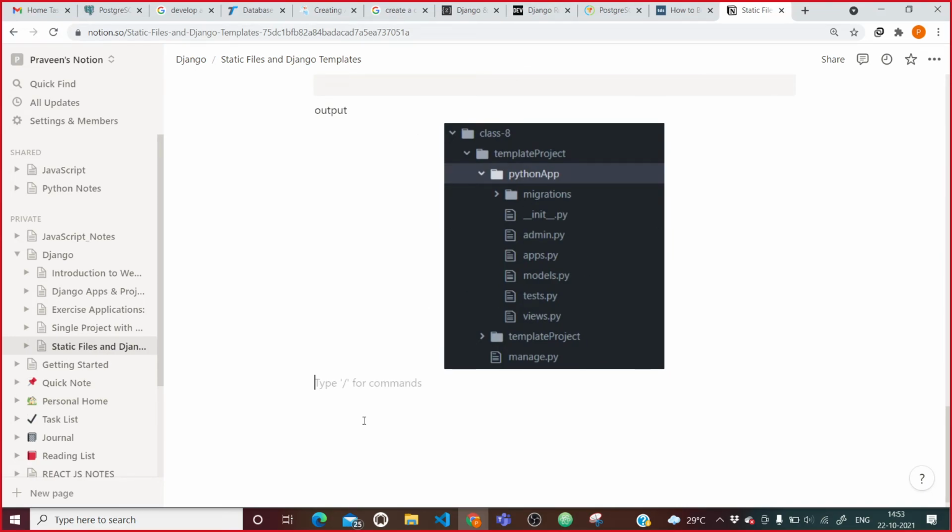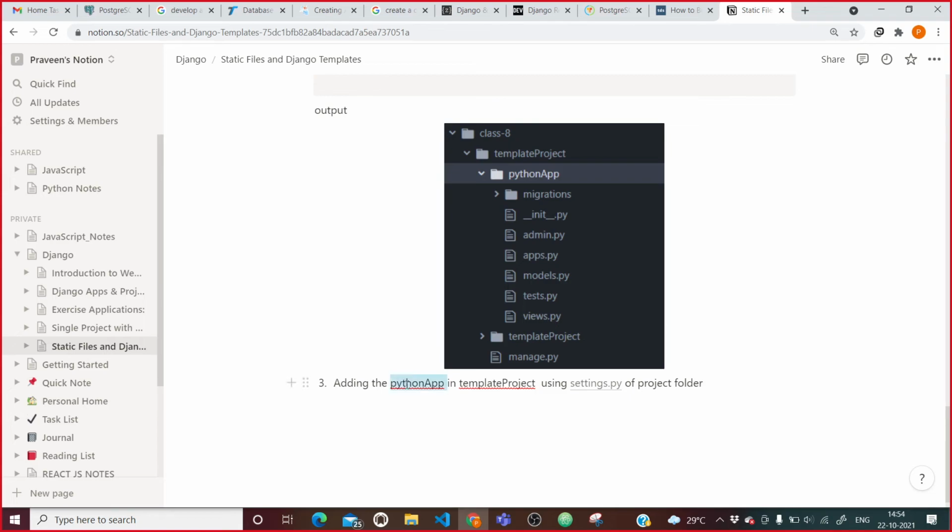After this what I need to do is add. Now we need to add this application. So the third thing, adding the Python app in the template project using settings.py of the project folder, right?